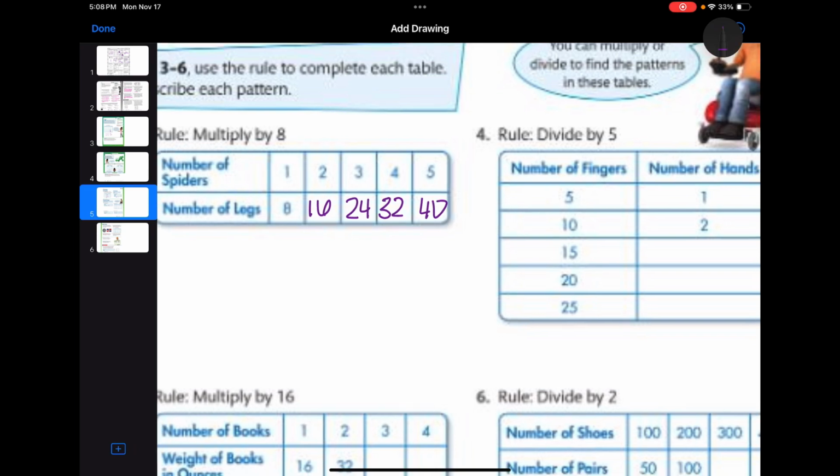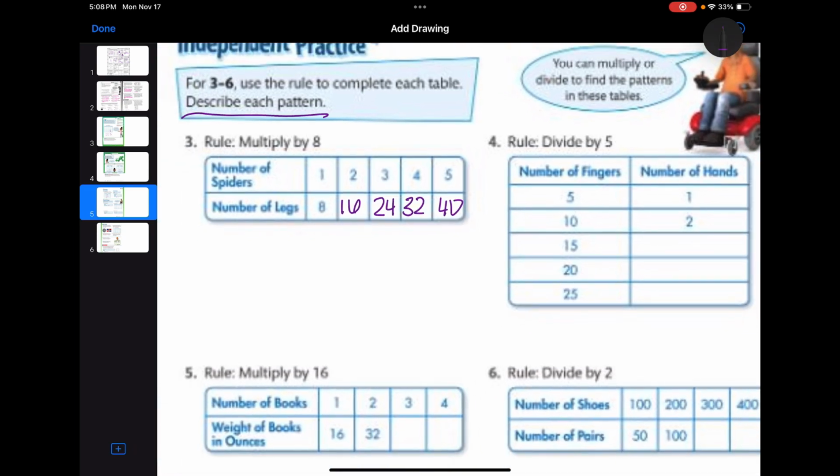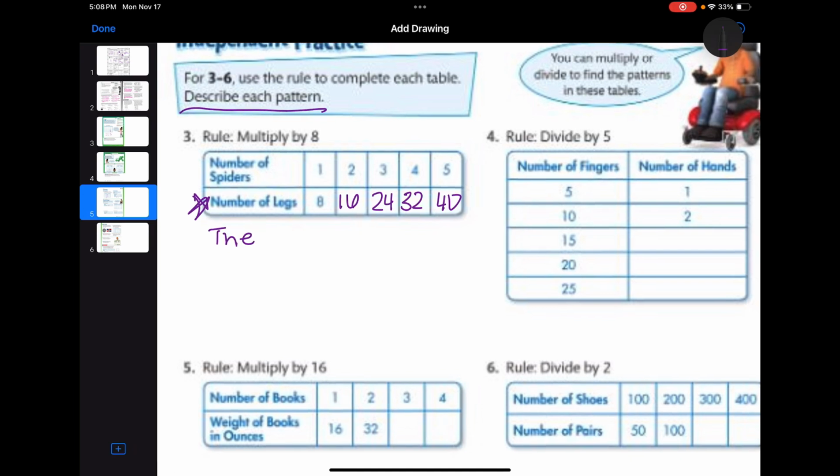And now it says we need to describe each pattern. Well, we can see that the number of legs, we need to use stuff in the chart. The number of legs is always a multiple of 8. Okay, so now what you're going to do is you are going to look at the next slide